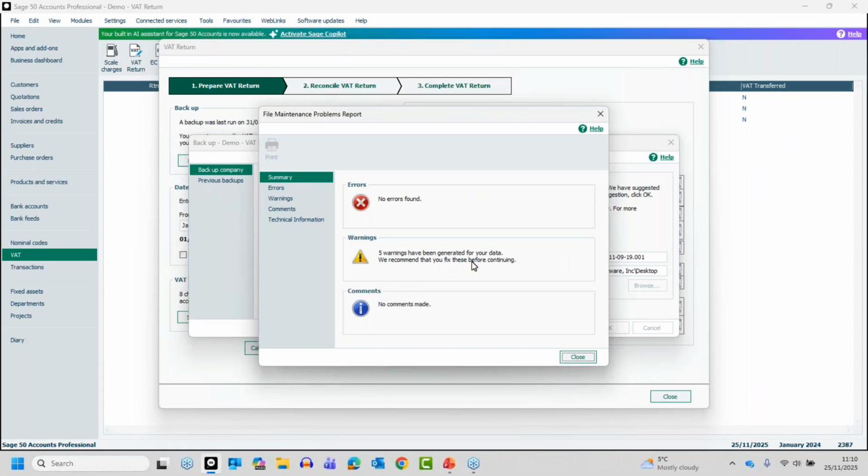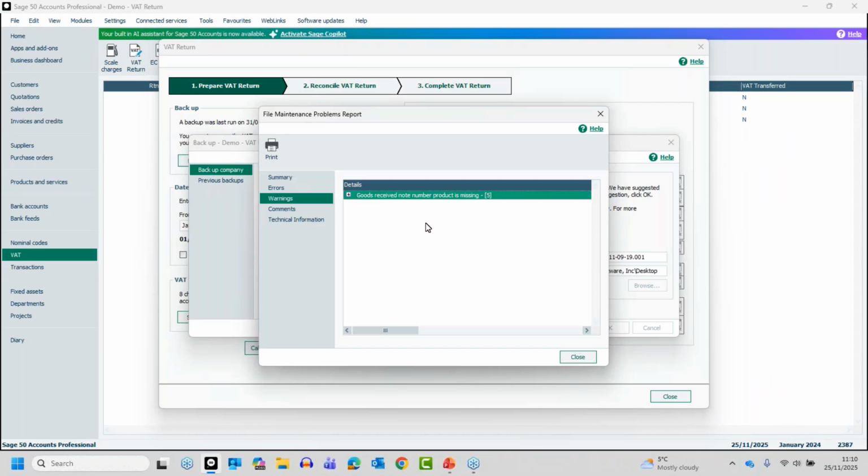If you do have things such as warnings, I've got 5 in this set of data, just so you can see what they look like. And it tells you what they are. So this is the style of warning, or the type of warning that I've got. Now you can expand that and see what it says. And if you need to, you've got the help option. You can click it and go away and search for your error, your warning, or your comment and see what it relates to. Now it's just goods received notes in this case,